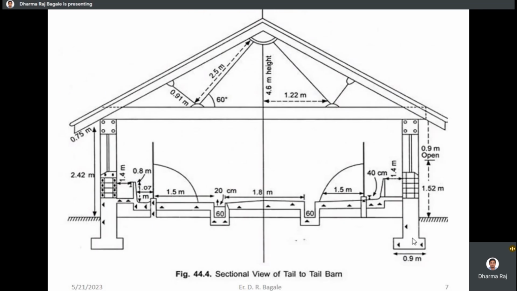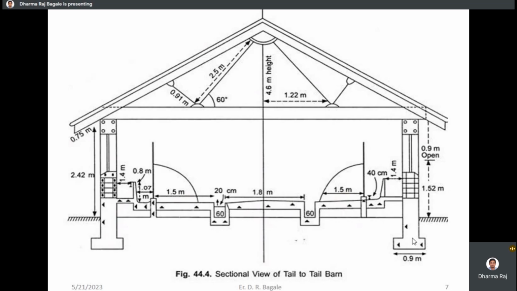Here you can see the drawing of the sectional view of a tail to tail barn, that is face out type. Here also you can see the width of the system, usually 10 to 11 meter width based on the size of the animal, and two rows of cows are tied here, kept here using tail to tail system. And for that purpose we build the